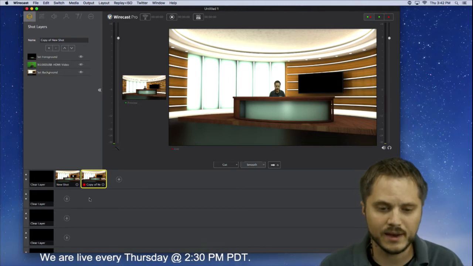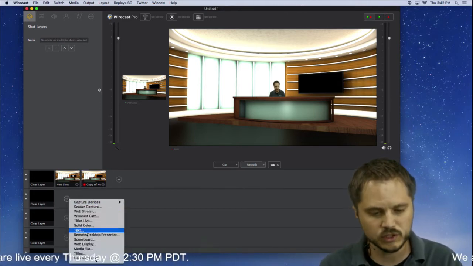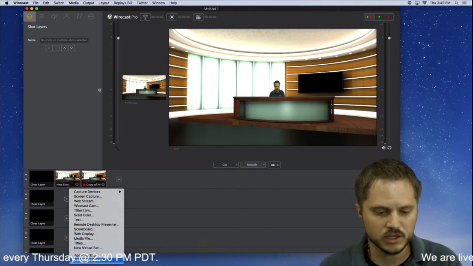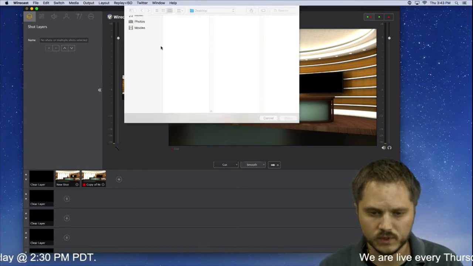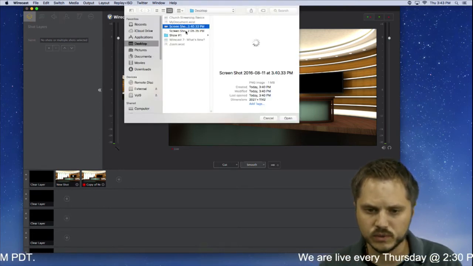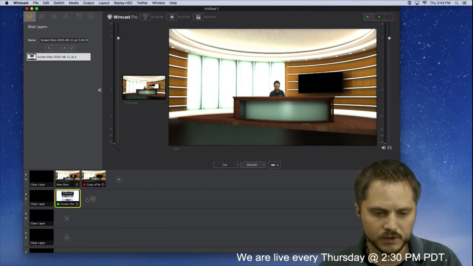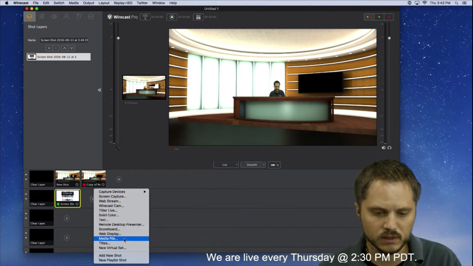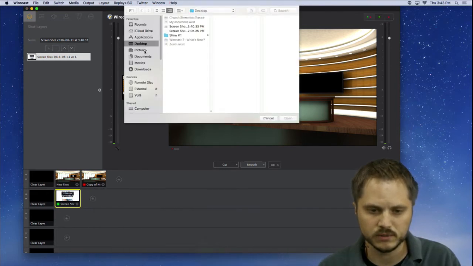And you can add all the B media on a lower layer. So if we add the media shots that we wanted, we had our Wirecast, we had our screenshot, which was our web page. And then if I wanted to also add the Wirecast logo from the photos file,